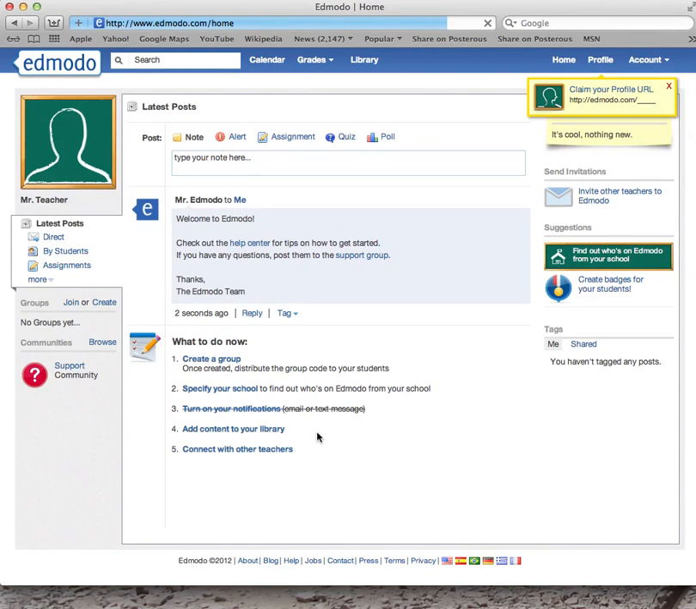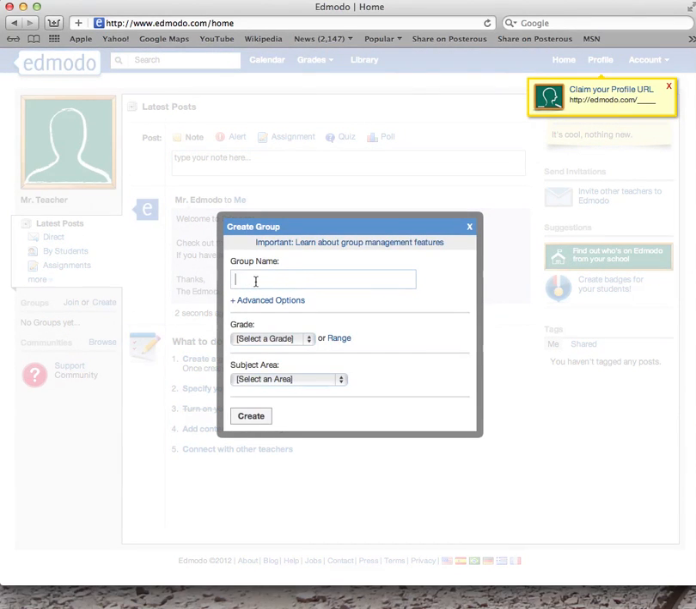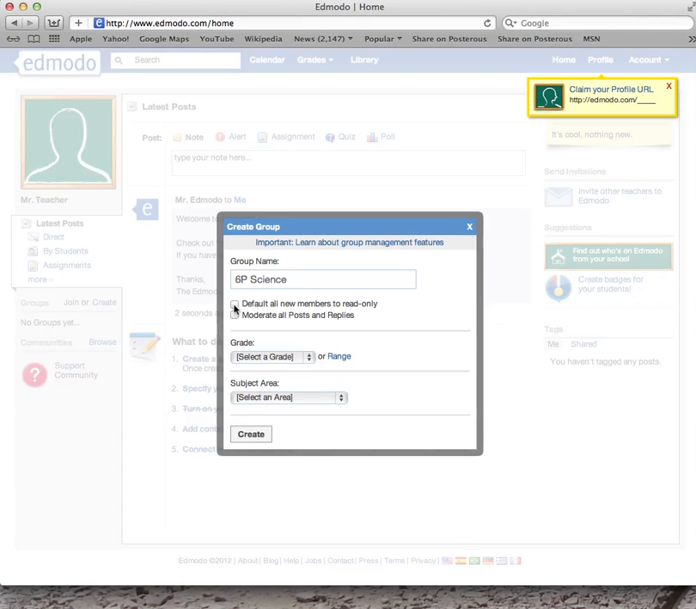Now the first thing you're going to want to do is create a group. So I go over here and hit create, and I'll create my group name. I will name them based on my classes. So I have 6P Science. Now I can go to advanced options and I can default all new members to read only, which means